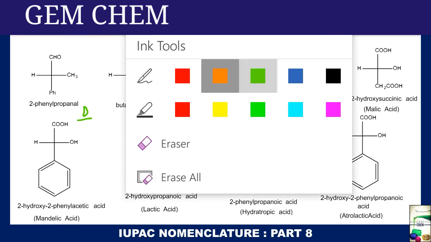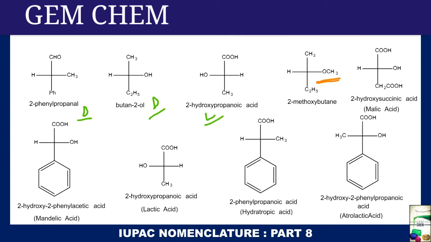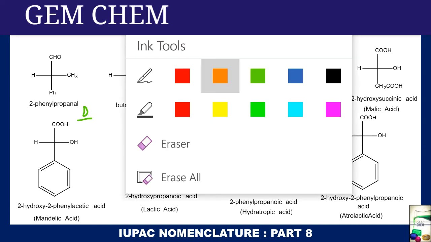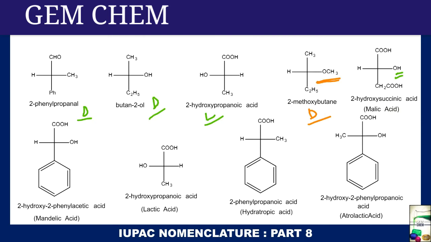Now in the next example, our reference is an ester group. Here, since it is present in the right hand side, it is D. Next, OH is our reference, so we can write it as D. If we come to this one, this particular compound is known as mandelic acid, and here the OH is present at this side, that is the right hand side, so we can write it as D.